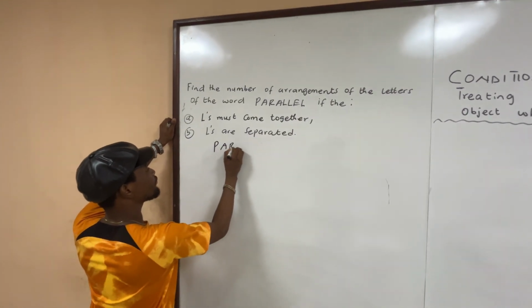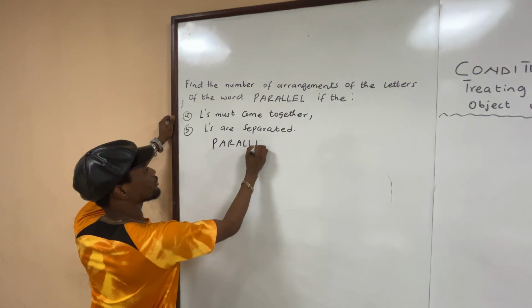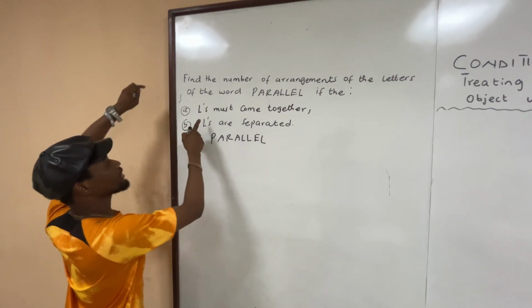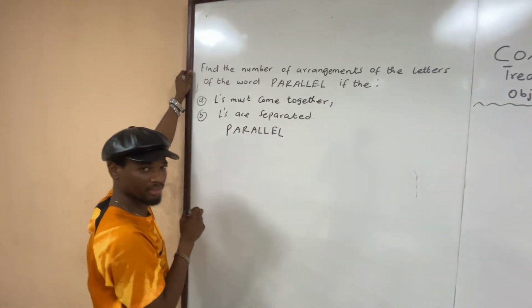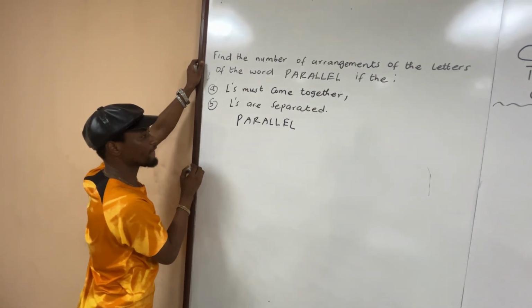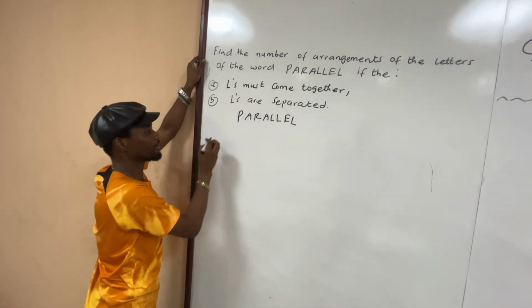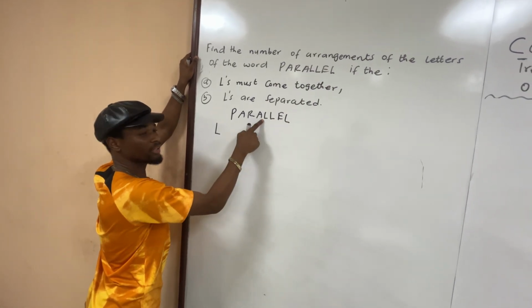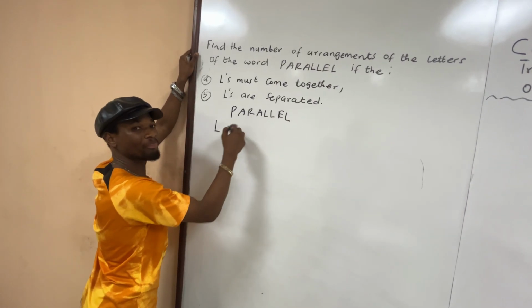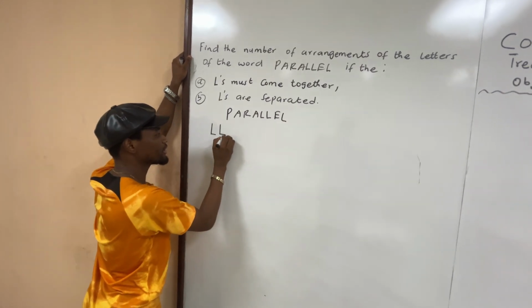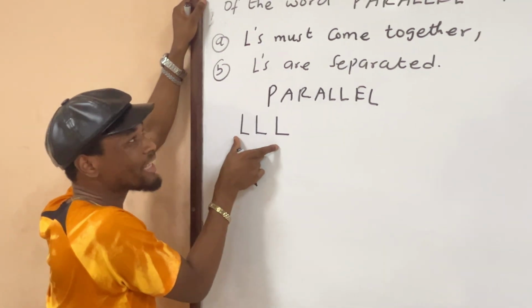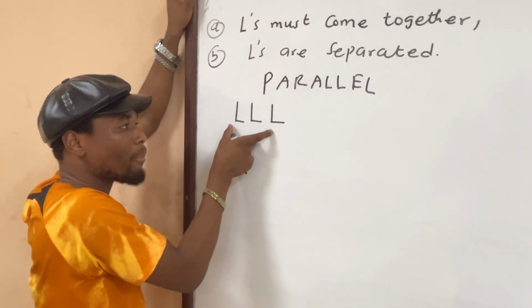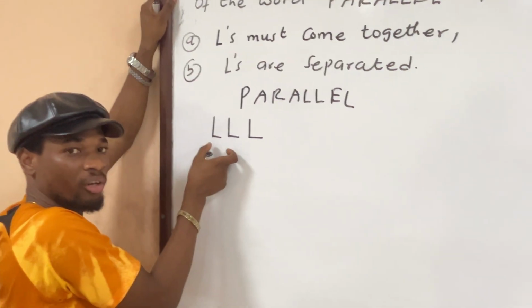Parallel, if the L's must come together. So here I have my L's over here. This is one of the L's, but I realize that the L is appearing 3 times. So I have L, then L, and L. Those L's coming together, the ones we are about to treat